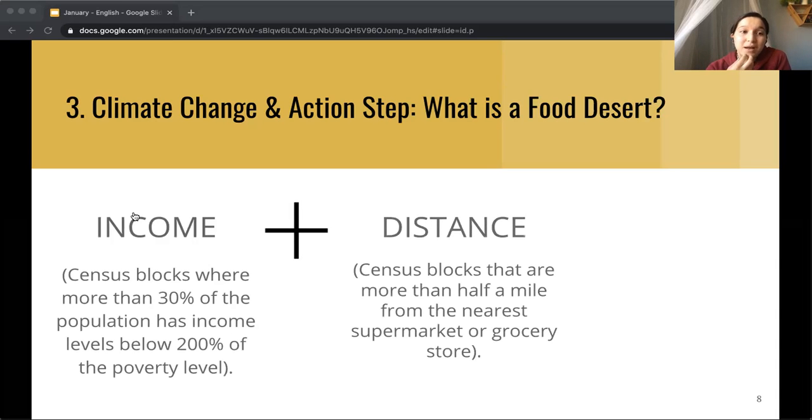So census blocks that are more than half a mile from the nearest supermarket or grocery store, and that's not a huge distance, right? But when you think about it, it's really important that people that need food, which is everyone, have access to local food sources, right? So even though half a mile might not be that much, it could be a lot for someone that has limited access to transportation, that doesn't have a vehicle, that works long hours. So it's important for these food sources and food centers to be within the community and in close proximity to the people that